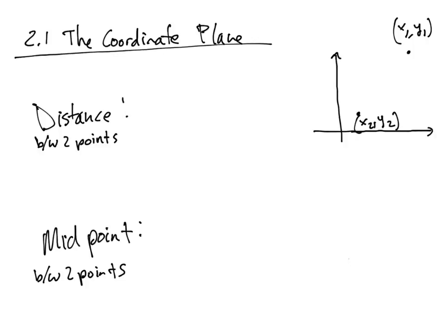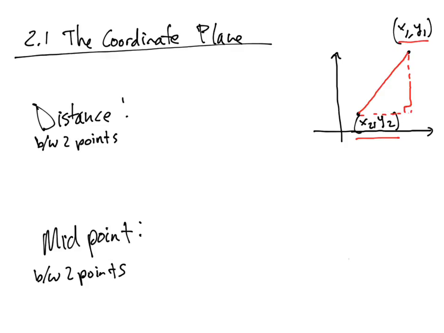In this video, we're going to do some coverage and review of some of the basics of the coordinate plane. First, we're going to talk about the distance between 2 points. So if we have 2 points in the coordinate plane, let's call them x1, y1, x2, y2. Well, to find this distance in between, we can come up with a right triangle, and